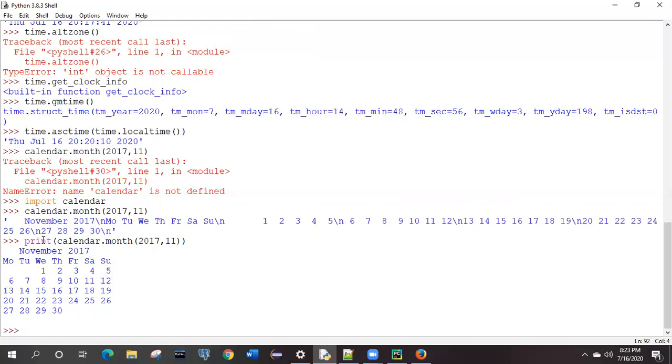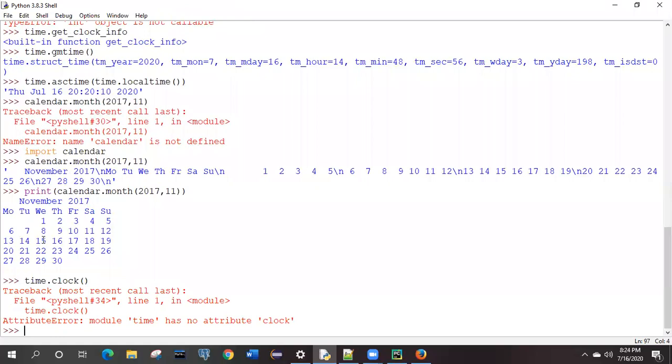So these are some of the additional modules, like calendar, we have date and time. Similarly, we have some clock also. If we want to see the particular clock, we already have time as the imported module, right? We have imported it somewhere, import time. By making use of time dot, suppose I want to see the particular clock, let me see whether this method is applicable over here or not. This is the syntax. Time has no attribute clock, because it has been removed.